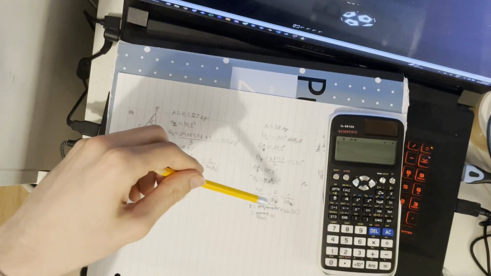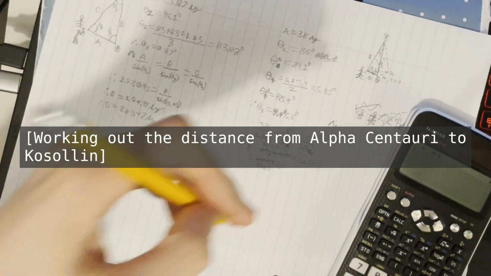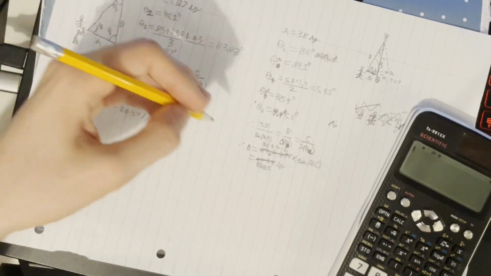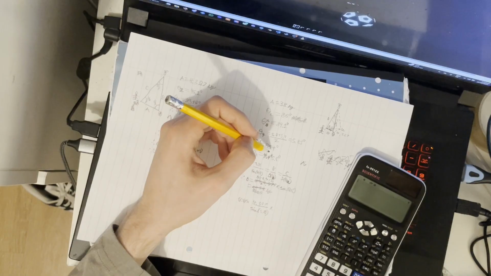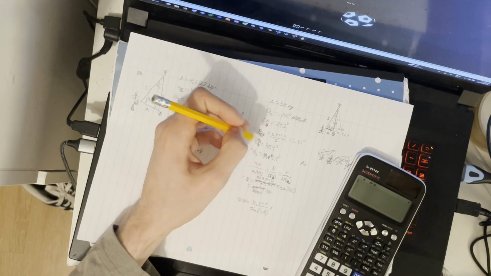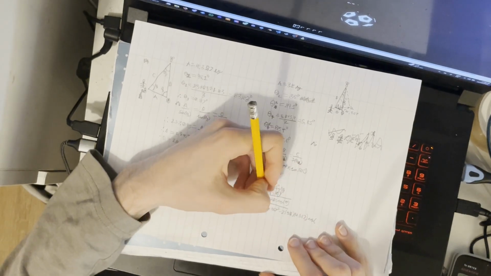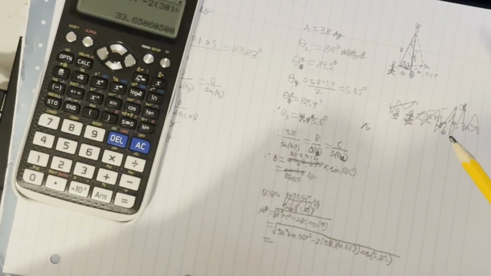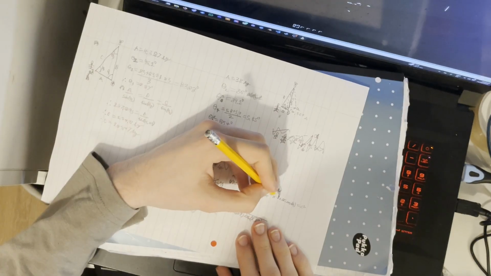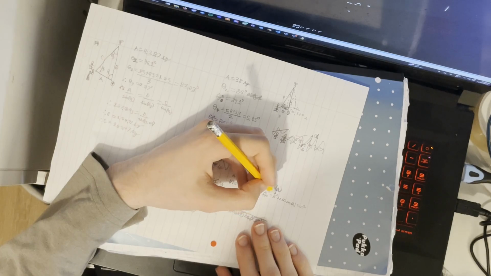A lot better. Now, we should be able to work out the distance from here to here relatively simply, multiplied by cosine, which is equal to 33.6 squared minus 2. Actually, we can just divide by